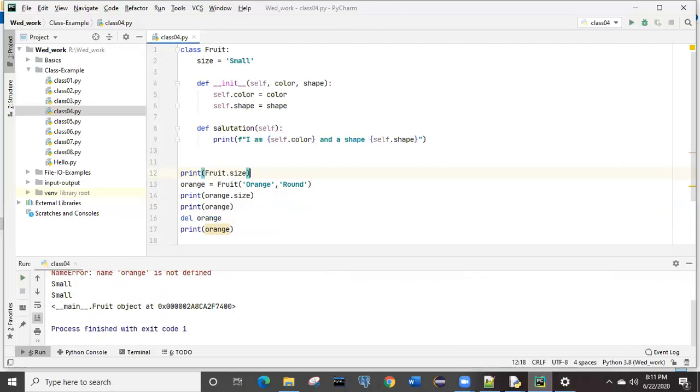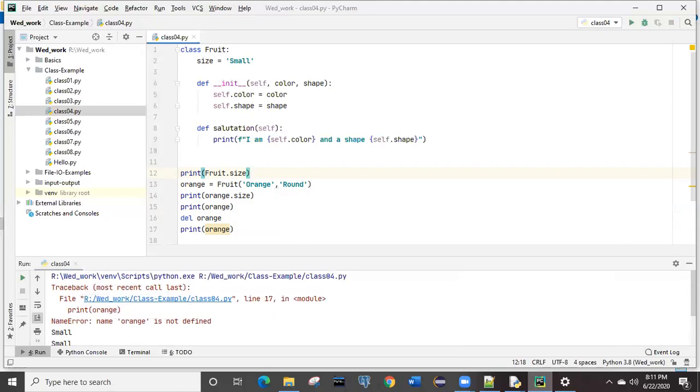It is having some error and some output that we will see now. First of all, it has given us the error only. What is the error it is saying? It is saying name error: name orange is not defined. And where is it saying? In line number 17, the last line, right?